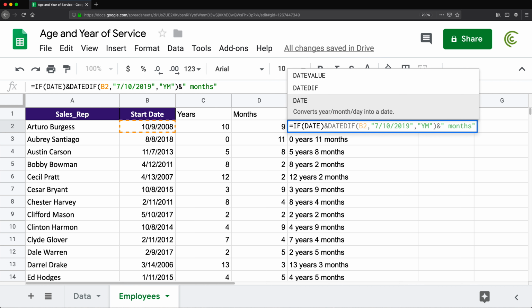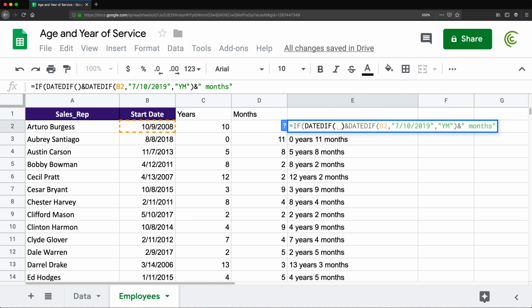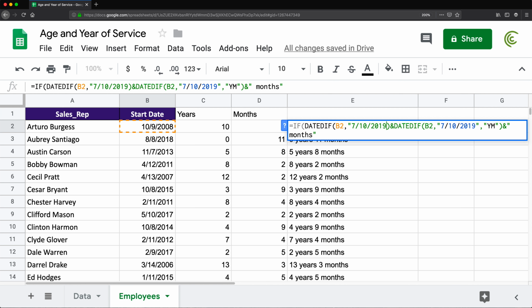So I could do DATEDIF and take the start date and then give the end date again. And I'm going to calculate the years just like that. So this is going to give me how many years that person worked. And I'm going to check if that equals 0,